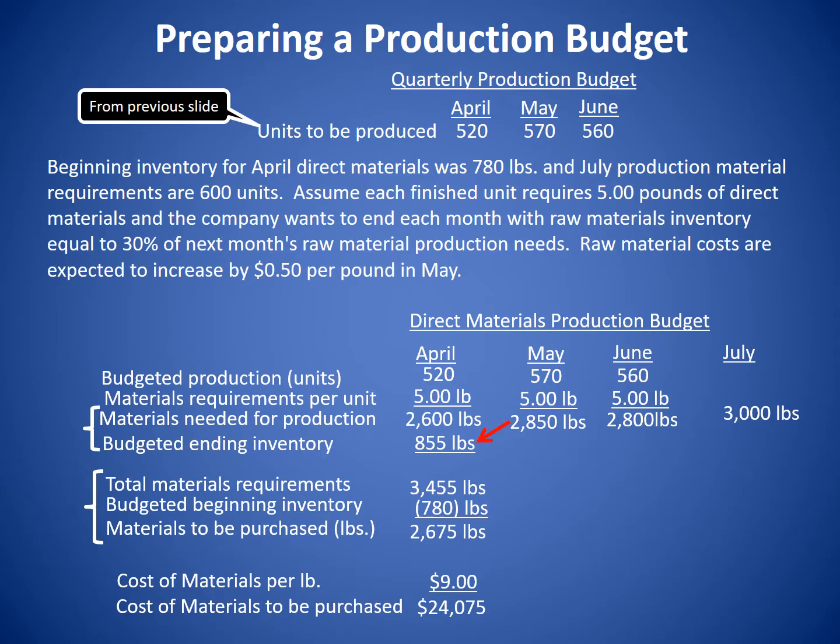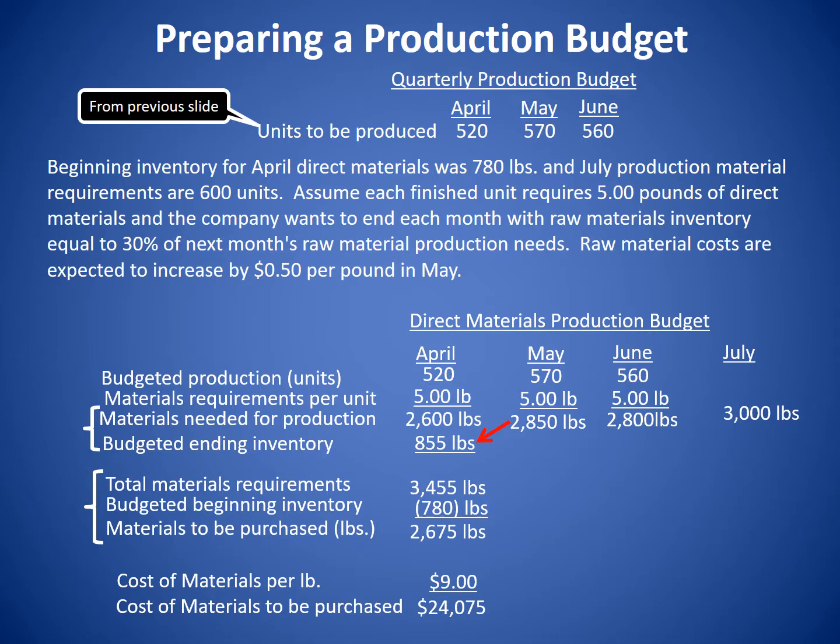So the total material requirements that we have then are going to be the 2,600 pounds needed for production plus the amount of inventory that we're going to need to have on hand at the end of April, 855 pounds. So our total material requirements for the month of April will be 3,455 pounds. Now we know that we already have 780 pounds in our beginning inventory for April, so we don't have to buy that. So we take 3,455 pounds, again our material requirements, we subtract out the beginning inventory of 780 pounds, so the materials to be purchased in pounds is